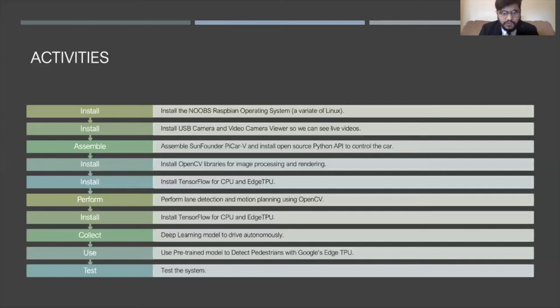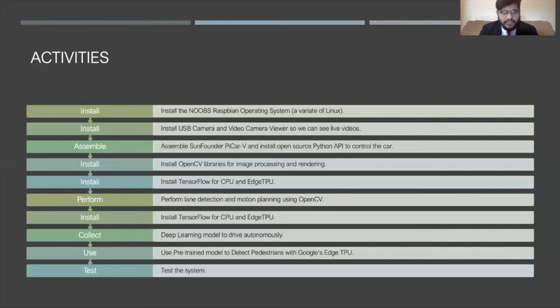The third thing, which was really important, was to assemble the PiCar kit. SunFounder delivers the kit in various bits and pieces. The manual is also provided along with it. You can refer to it, like I referred to the manual a lot of times while assembling the car, because each and every component, the PWM module, and all the necessary hardware needs to go into the right place and be connected accordingly, or you can end up damaging the hardware components of the car.